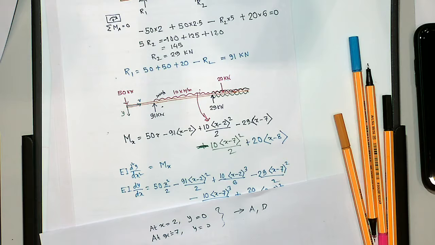Can you combine the brackets? Better not to do that, because one will become x greater than 2, another is x greater than 7. So when you put in the value, if x is more than 2 or 7, then you can